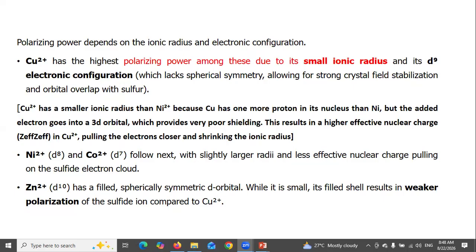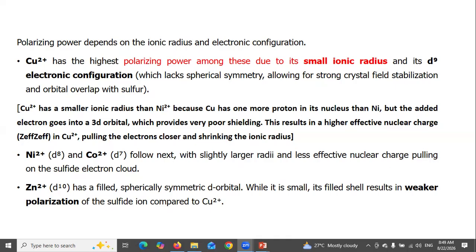Copper ion has a smaller ionic radius than nickel because copper has one more proton in its nucleus than nickel, but the added electron goes into the 3d orbital, which provides very poor shielding. This results in a higher effective nuclear charge, Z effective, in copper ion, pulling the electrons closer and shrinking the ionic radius. So nickel d8 and cobalt d7 have slightly larger radii and less effective nuclear charge, pulling on